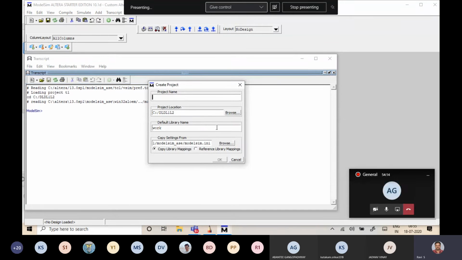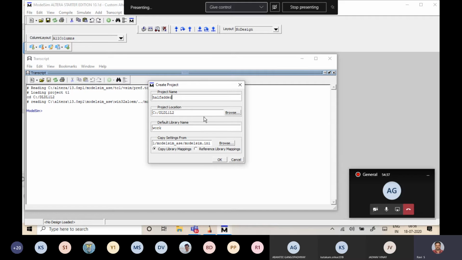In that, I'm just using half adder as the module name. Whatever you want to give, better you give the module name. And for the project location, please confirm whether it is pointing to your registration number folder, whatever you created.